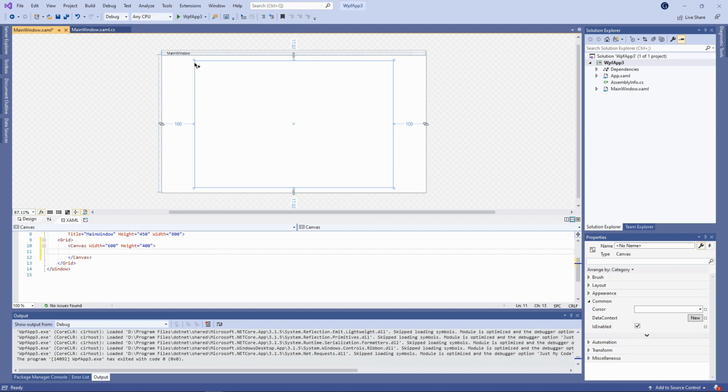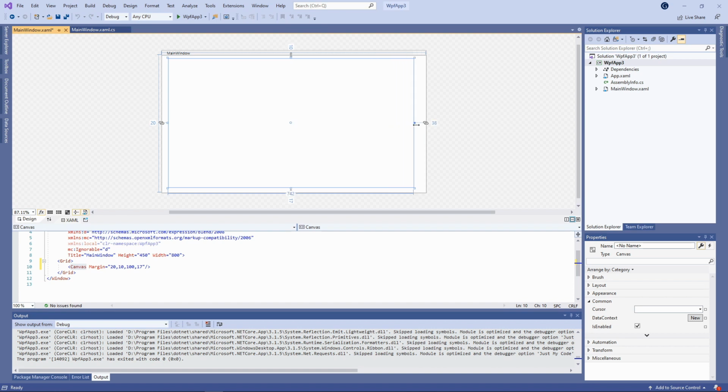What you can also do is move this around and make it bigger. And then what this will basically do is move to a margin-based coordinate system, which will then allow you, when you resize your window, to still be locked onto these margins, and your canvas will then resize accordingly with that window. But what we'll do, we'll keep it like this for now, and we'll just open up the canvas here, and then we can place some items inside of it. So let's just do a basic button,